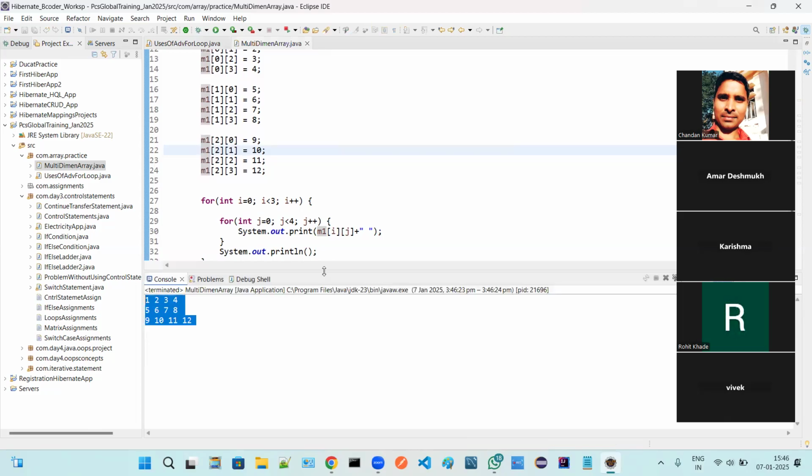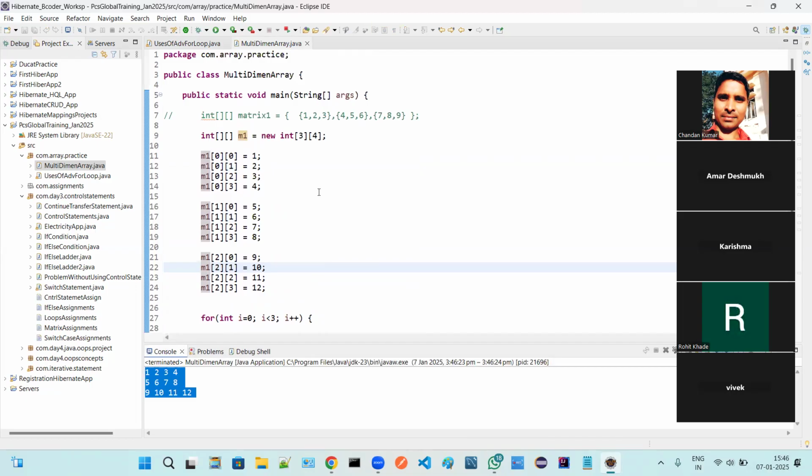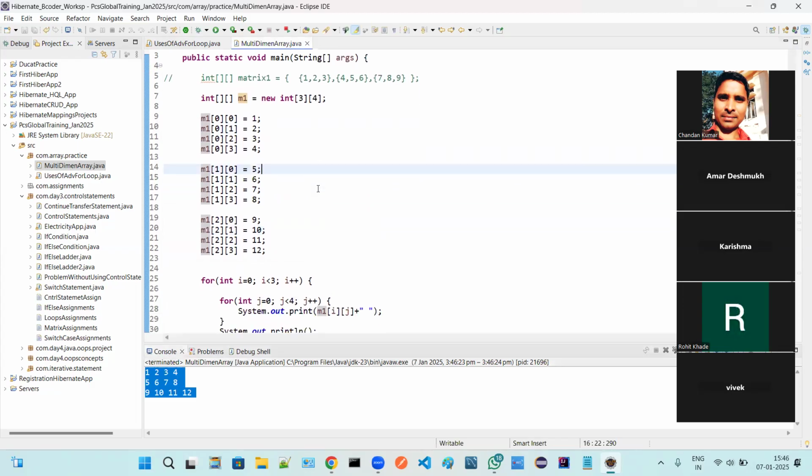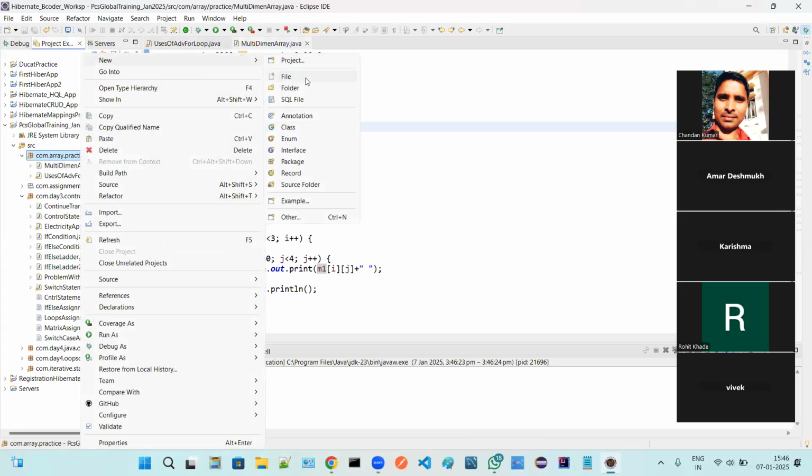This is a two-dimensional array, and this way we can declare and initialize. Also, we can ask the user to give the input and initialize it. So let me create another program and show you that too.